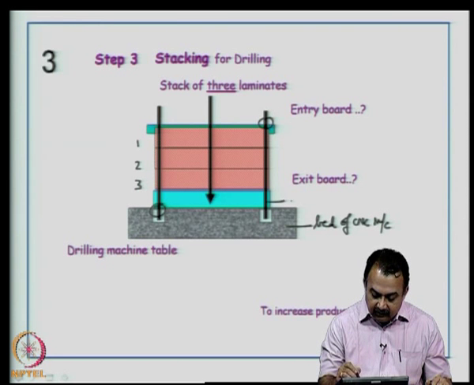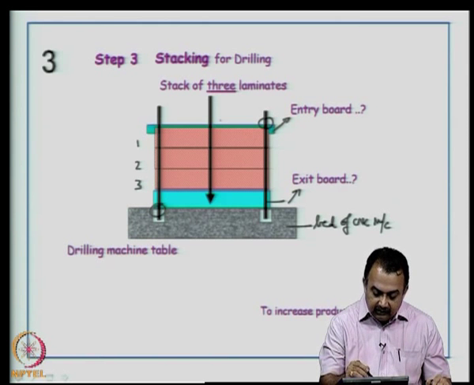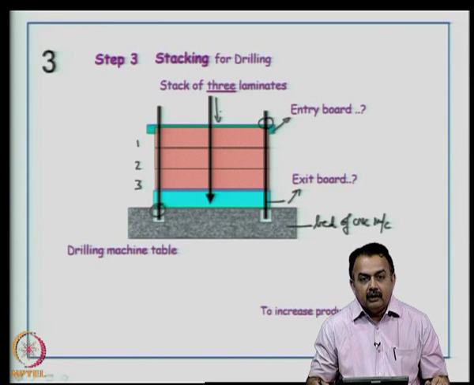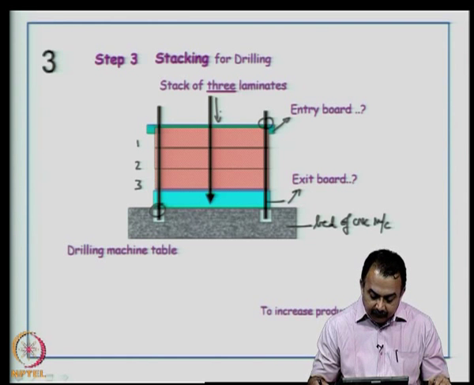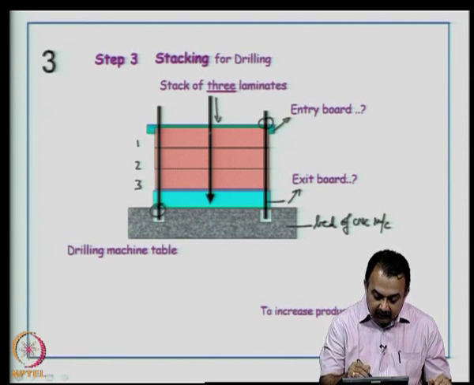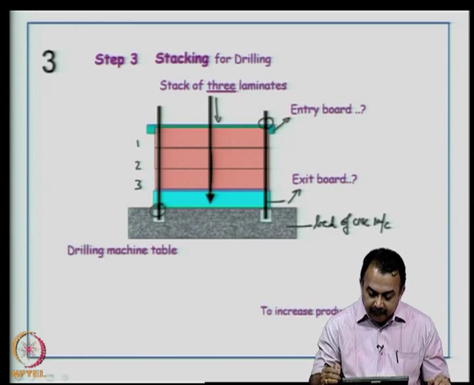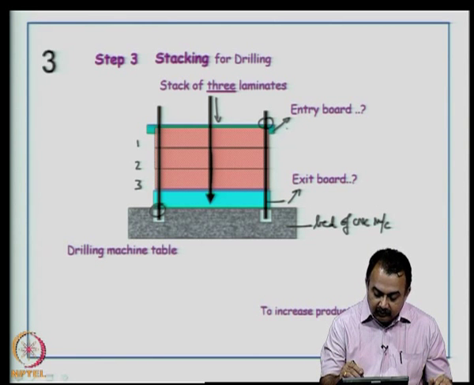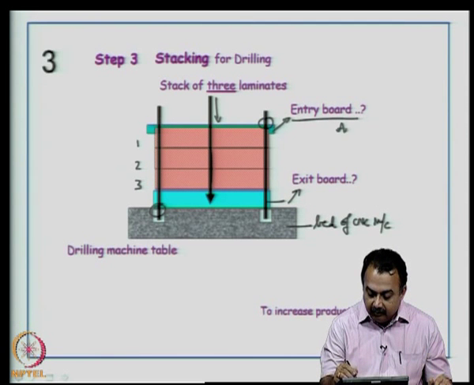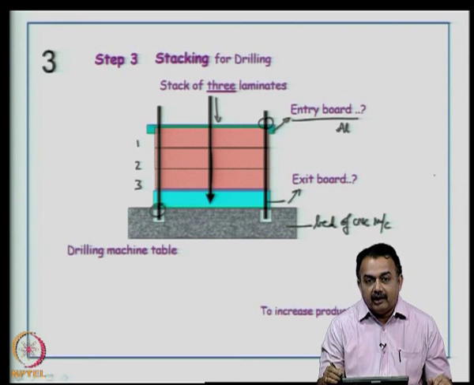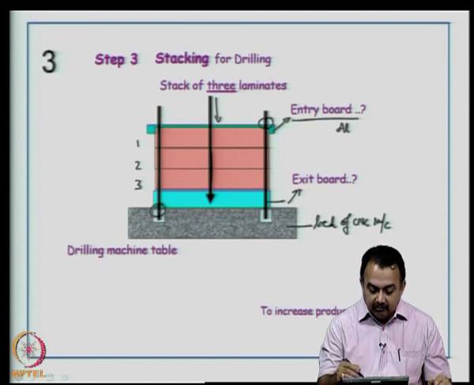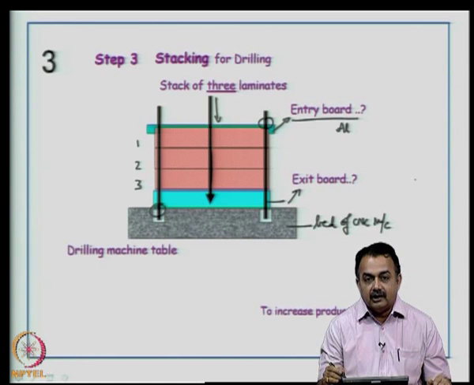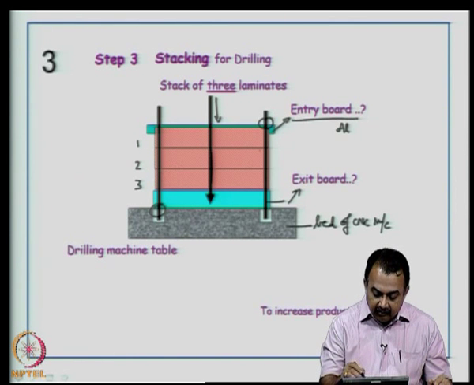Then you can see here there is an exit board, and here there is an entry board, and this is the drill entry. Okay. So, assume there is going to be a drill at this particular area. Now, as I said before, because of the complexity of the substrate, heat can be generated. So, you use an entry board typically made out of aluminum, and this aluminum acts as a heat sink. So, by the time the drill bit comes out, most of the heat is removed and the entire panel is